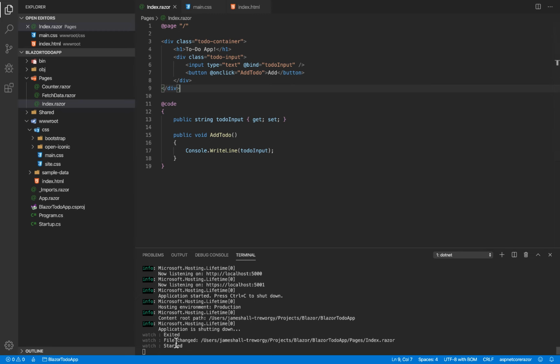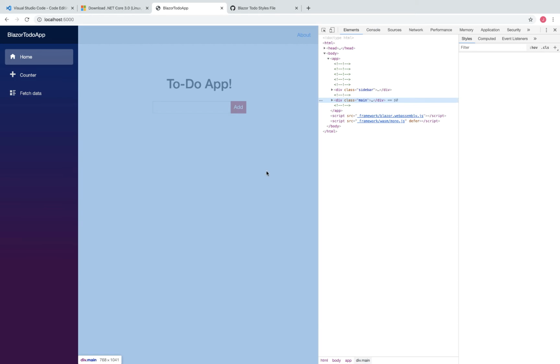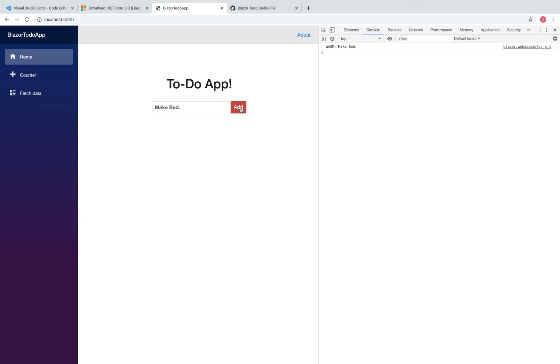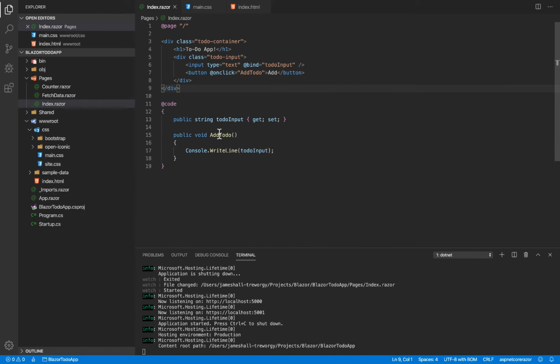And once that gets restarted, let's come in here and refresh the page. Let us inspect. Okay, and we'll say, oops, make bed. And inside the console, if we click add, we will say make bed right there. All right, so after we've done that,